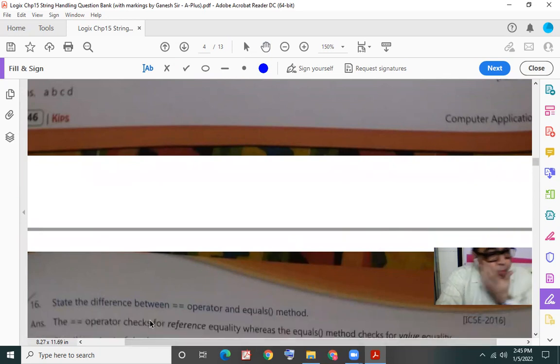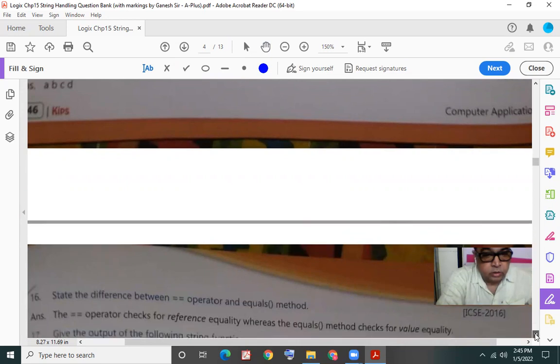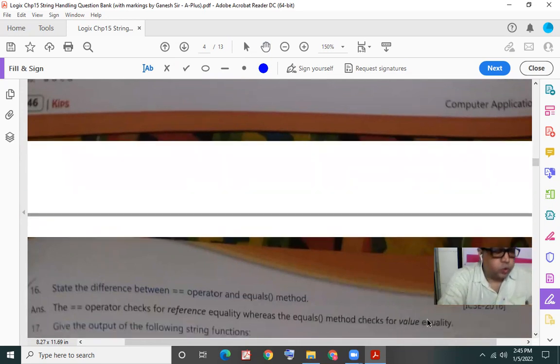The double equal to operator checks for reference equality, whereas the equals method checks for value equality. Now, I have not discussed this particular aspect of comparison with you.